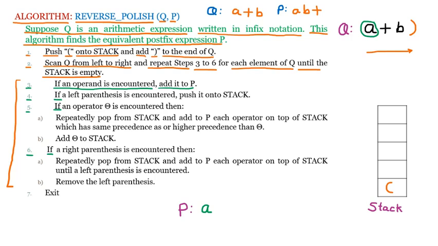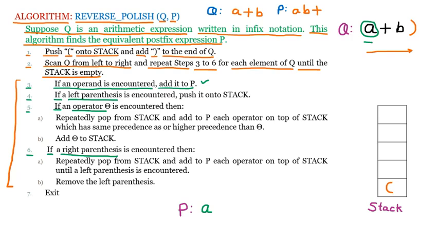Just like I have scanned the element A. Now, out of lines 3, 4, 5 and 6, only one line can work, and we have already worked with the first line. So the other lines will not match, because line number 4 is for the left parenthesis, line number 5 is for the operator, and line number 6 is for the right parenthesis. We already have the operand, not the left parenthesis, not the operator, not the right parenthesis. So that's why line 3 worked.